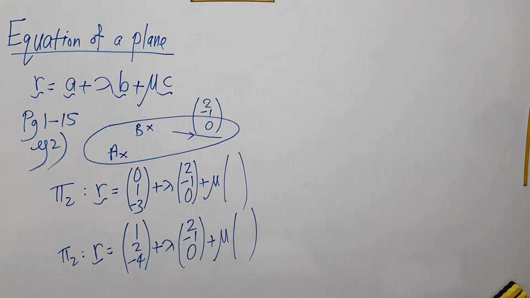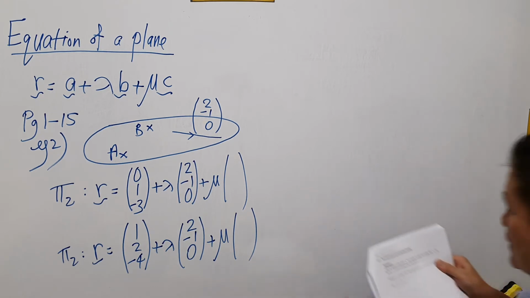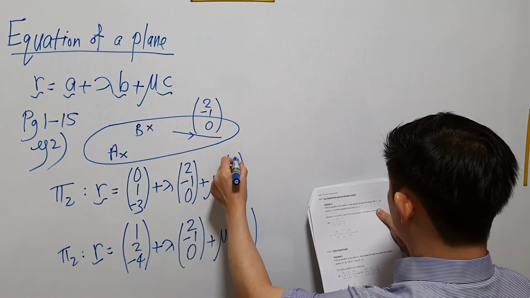What would be a good choice? An obvious choice could have been the vector AB itself. You are given a point A, you are given a point B, so the vector AB would serve as a good choice. The vector AB, if you do a calculation, is OB